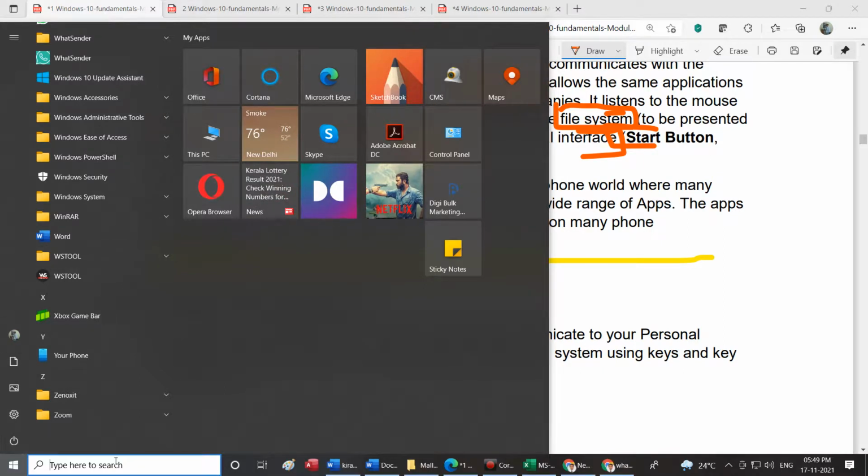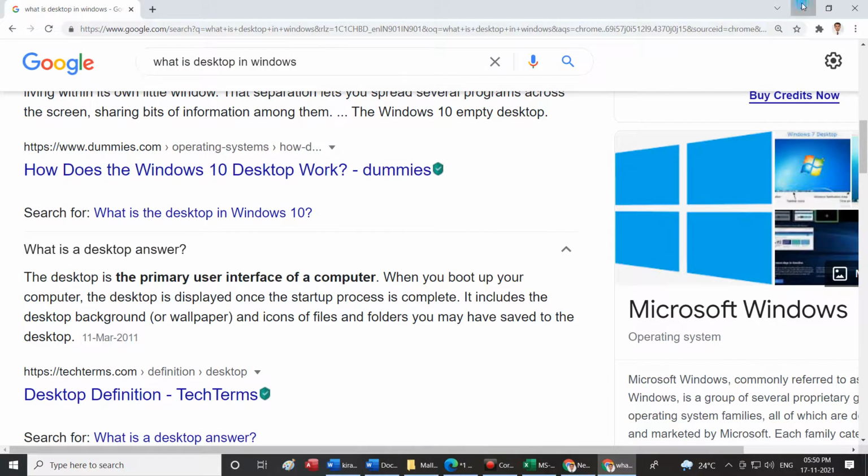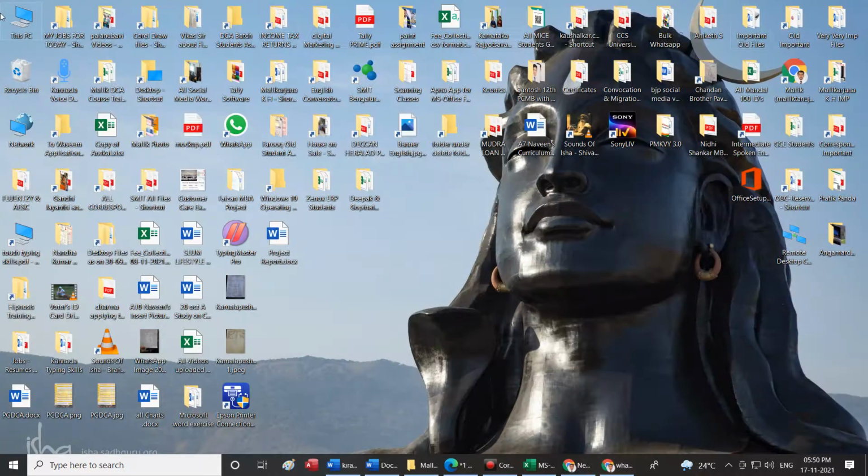What is the taskbar? This entire thing is called the taskbar. Then icons. What is an icon? A small graphical representation of a file or a folder is called an icon. All these are small icons. This is a graphical representation of a file.